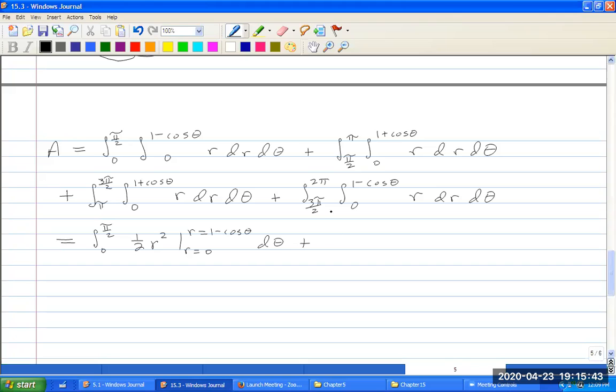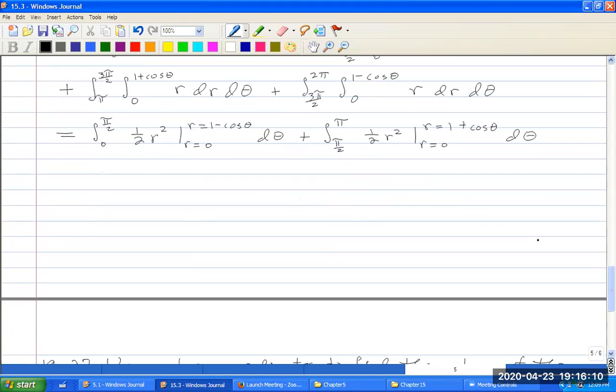Plus, it's the same thing, the integral from pi over 2 to pi of 1/2 r squared between r equaling 0 and r equaling 1 plus cosine theta, d theta, plus